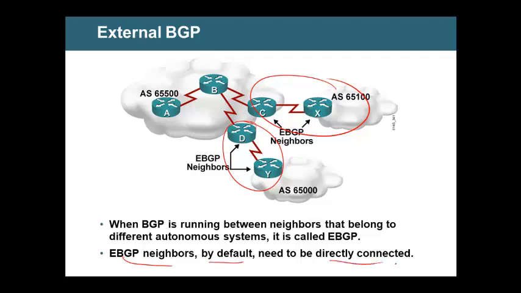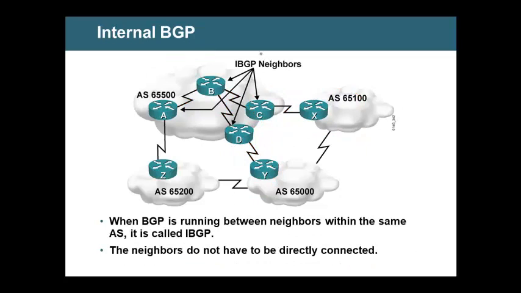Whereas iBGP neighbors, internal border gateway protocol, do not have to be directly connected. And what is an iBGP neighbor? BGP running between the neighbors within the same AS. Now,